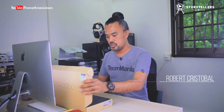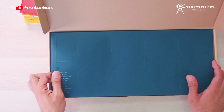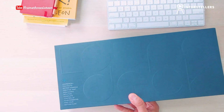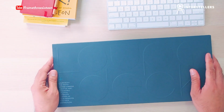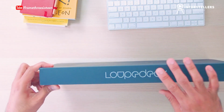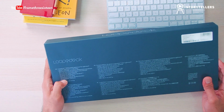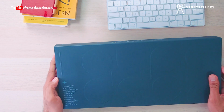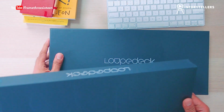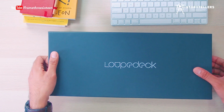As you can see, it's packed quite nicely here. Let's take this out of the box. Take this out of the way, and you can see a bit of a description here, the logo, and some instructions or information at the back. So we're gonna pull the box out. As you can see, as I open this box here,